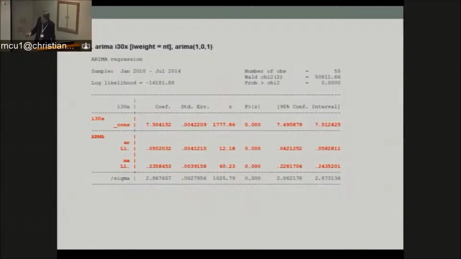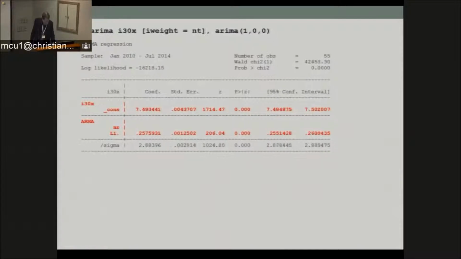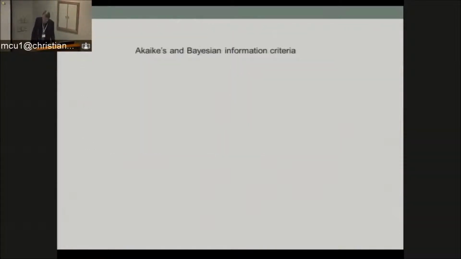So then I do a model where I have only the moving average component. I've taken out the autocorrelation. And those are my coefficients for the moving average and the constant, the mean. And then I do another one where I just include the autocorrelation coefficient, but not the moving average. Okay. Now, there's a way of checking which one of these models is better than the other, and that's using